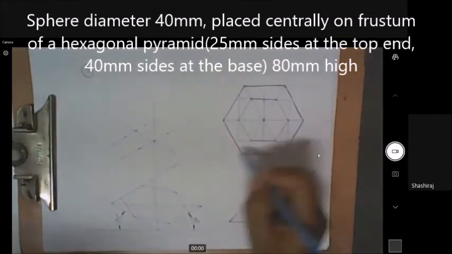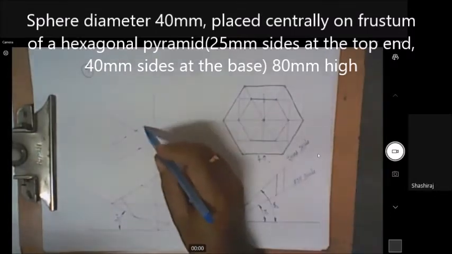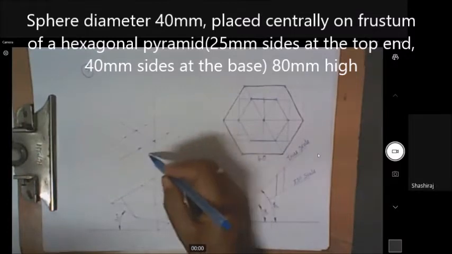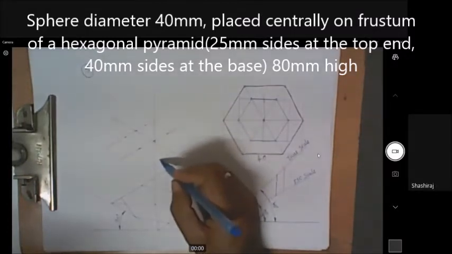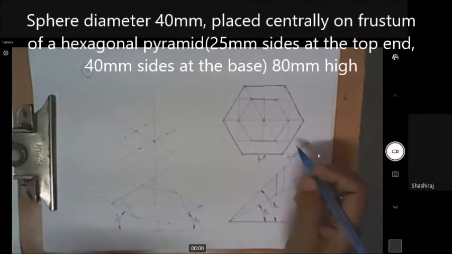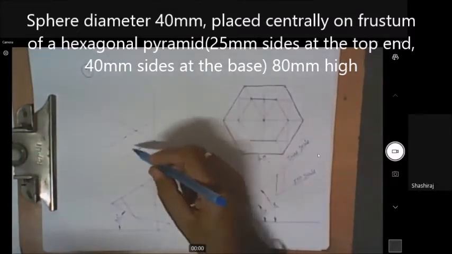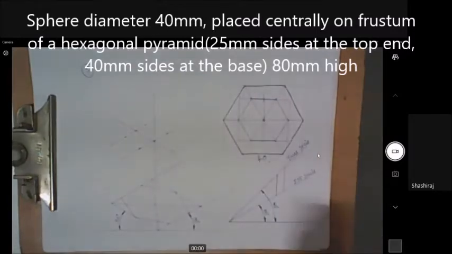Similarly, on this side also it is here. So this much distance, which is equal to this same distance, you transfer here and transfer it on the other side. You get these 2 points. So we got 2 points here, third point here, fourth, fifth, sixth, all 6 points we got. We can join them to complete.